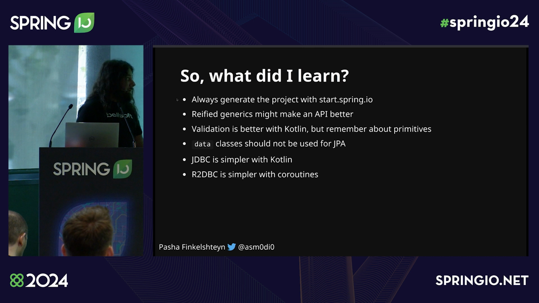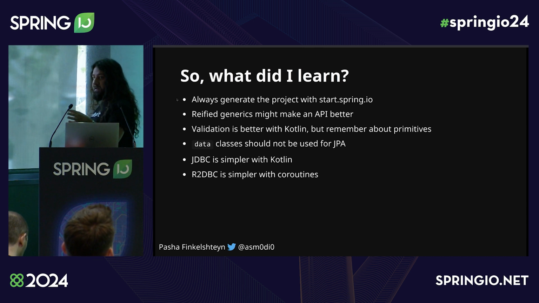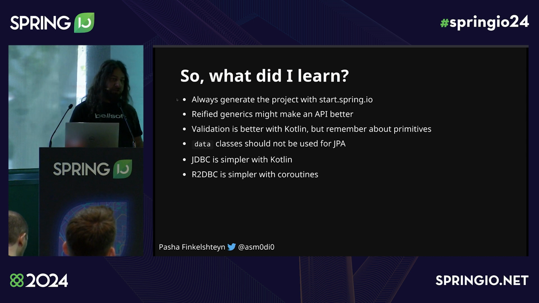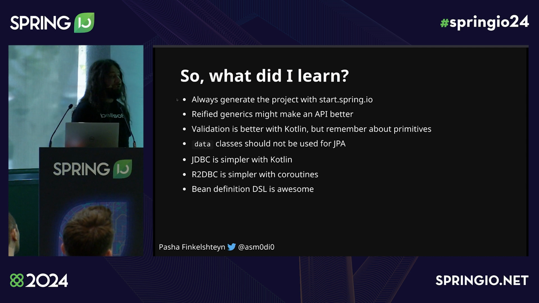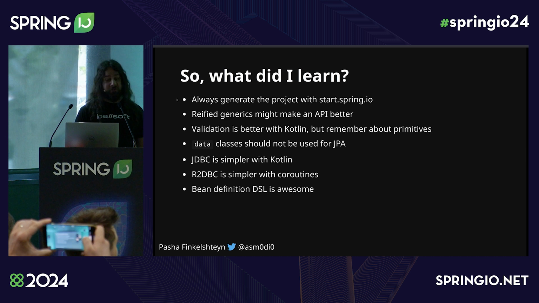R2DBC becomes simpler with coroutines because you don't have to mess with all these flags and monads. You just use suspend functions and that's all. It becomes more or less transparent. Bean definition DSL is really awesome. I mean, just so much readable,